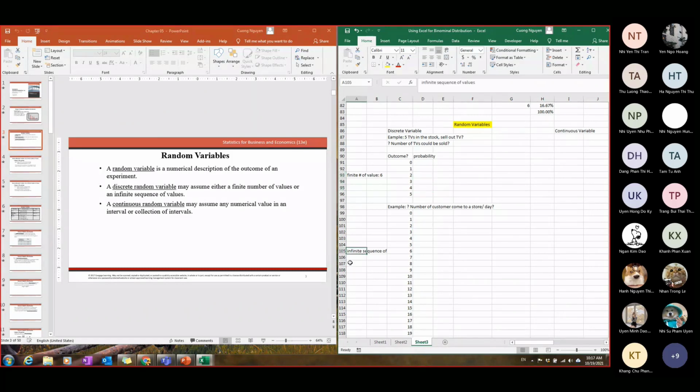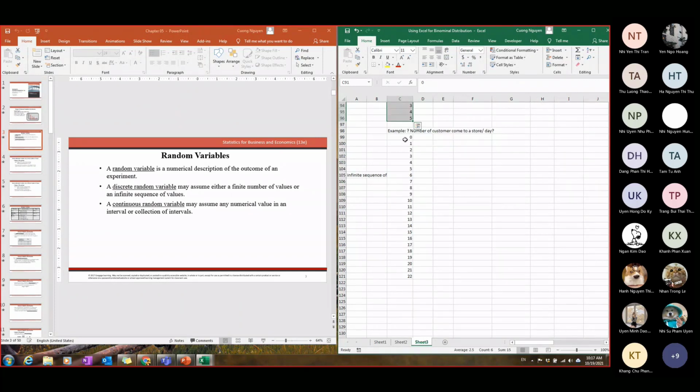Nhưng mà các infinite value không phải là một sequence of the value, cho nên cái này có phương án 1 là những giá trị tròn số nhưng mà có giới hạn số lượng outcome. Phương án 2 là không có giới hạn số lượng outcome, nhưng mà ngược lại nó vẫn ra những con số tròn số. Ví dụ như số customer coming to a store a day thì nó có thể là 0 customer, 1 customer, 2 customer, nhưng không có trường hợp là ví dụ như 2.1 customer được.